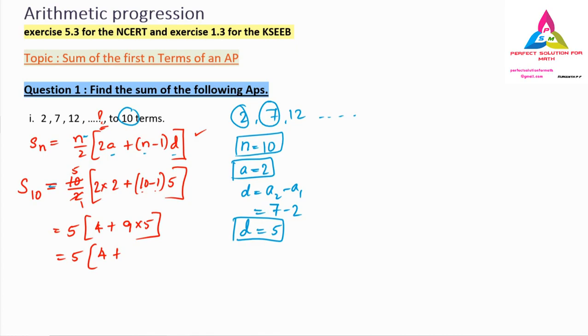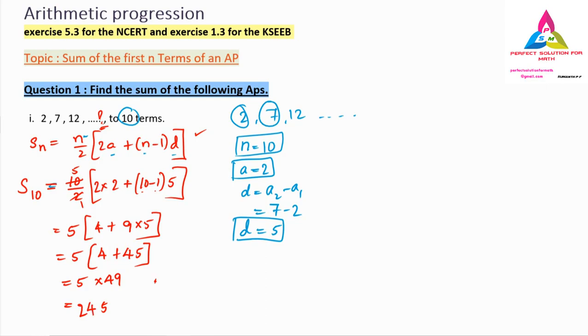First we have to multiply. 9 fives are how much? 45. So 45 plus 4 is 49. So inside the bracket we got 49. If you multiply that 5 with 49, how much is it? You can go directly with the multiplication, or you can multiply 5 with 9 and then carry. If you do it like that too, it is okay. 5 nines are 45, 4 you will be carrying, 5 fours are 20 plus 4 is 24.